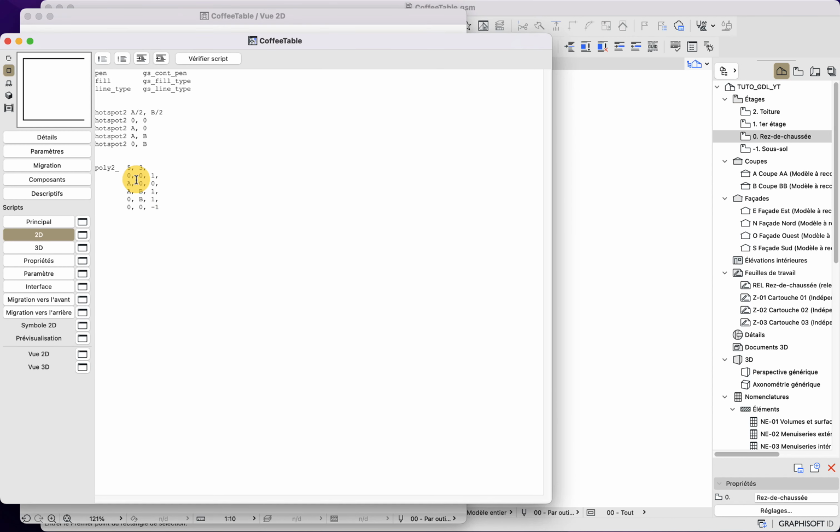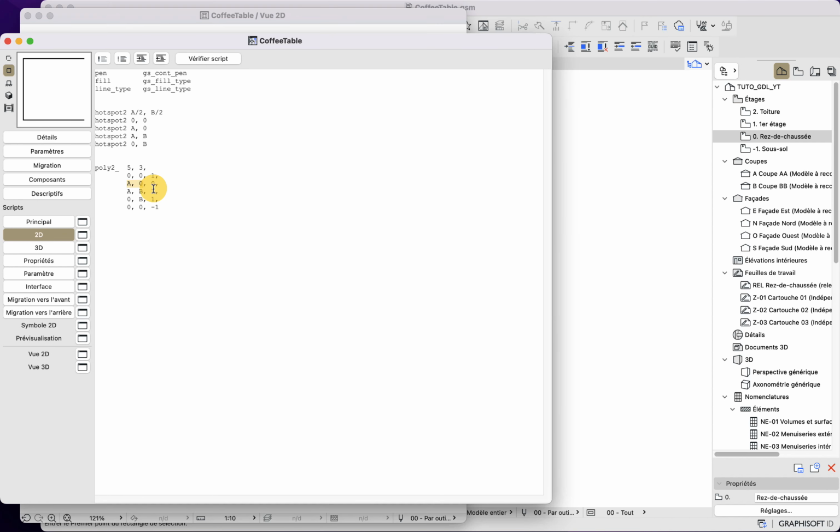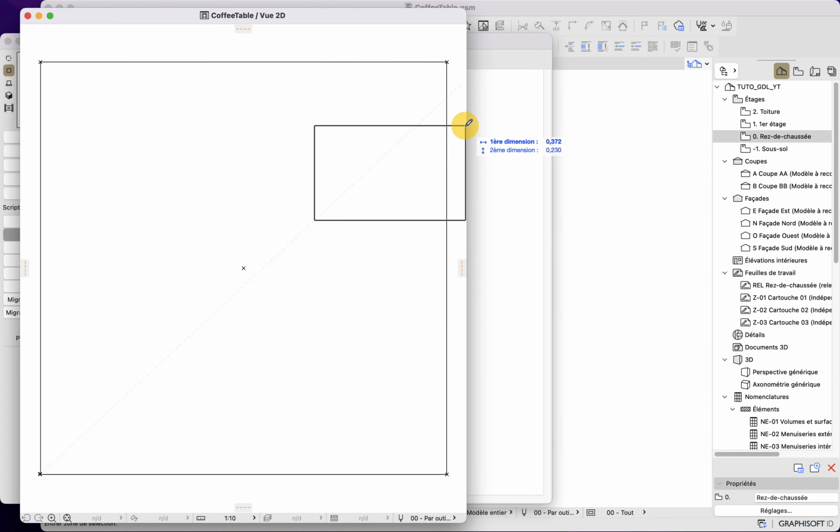The reason is simply that from the A0 node to the AB node here, I put that I didn't want any visible edge. So if I put back 1 here, you can see that the edge is back again.